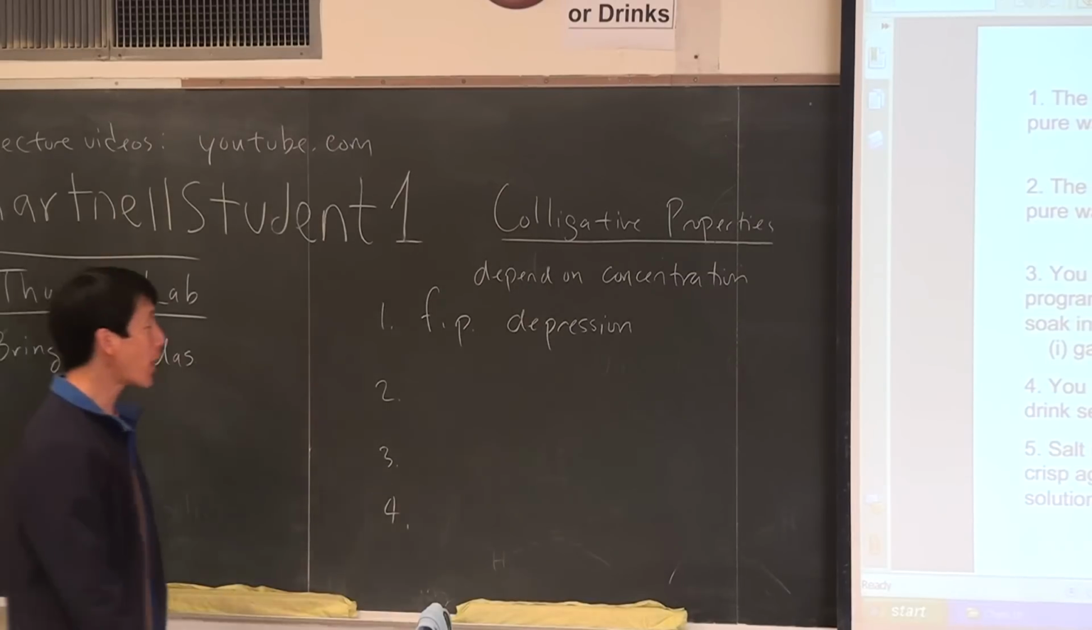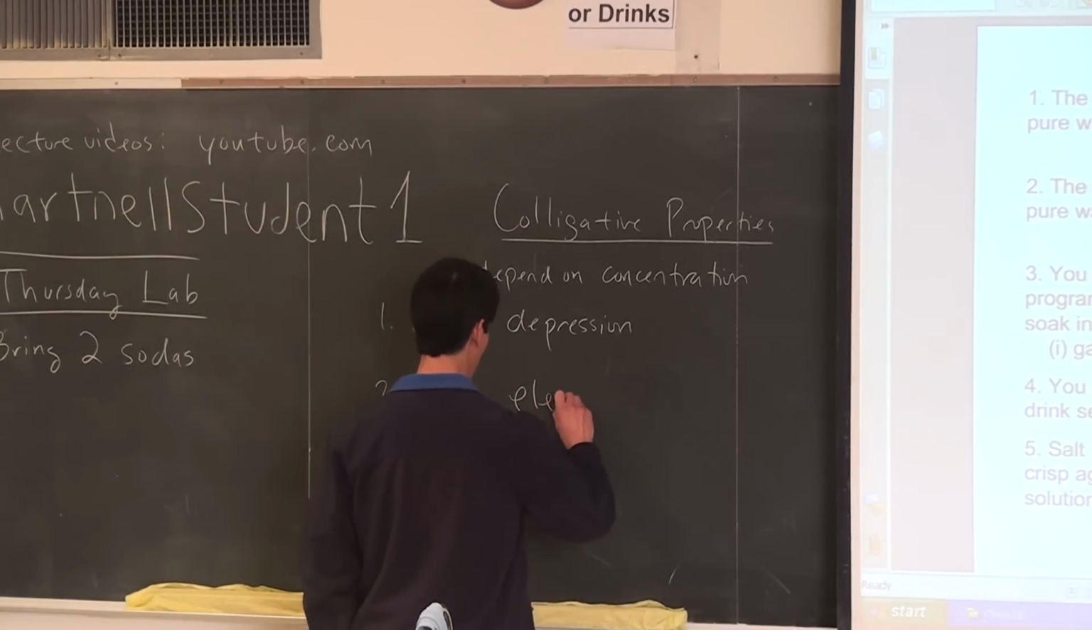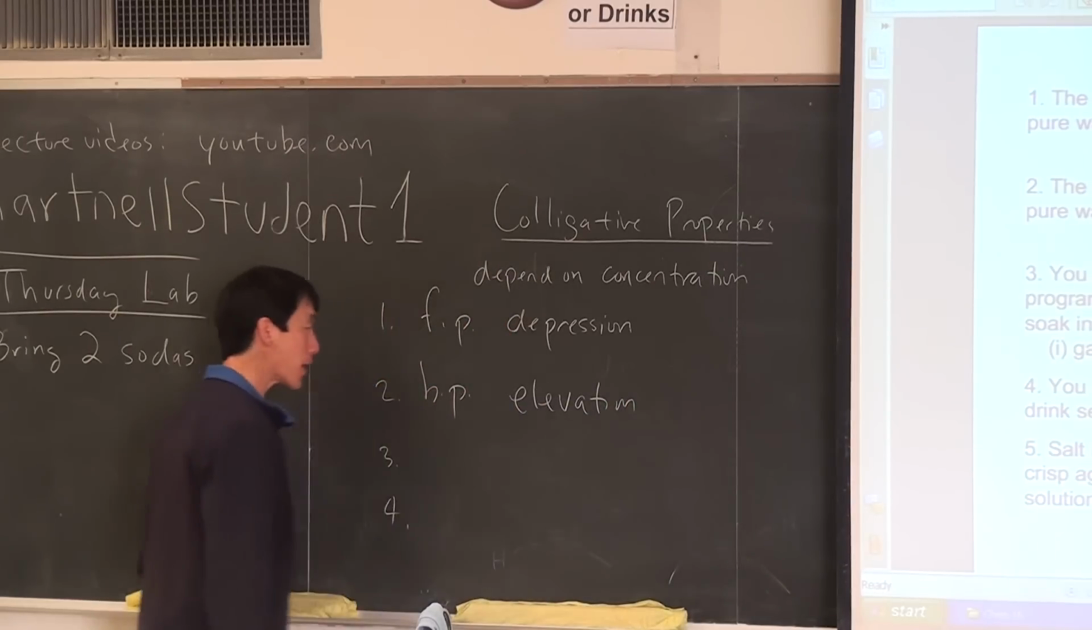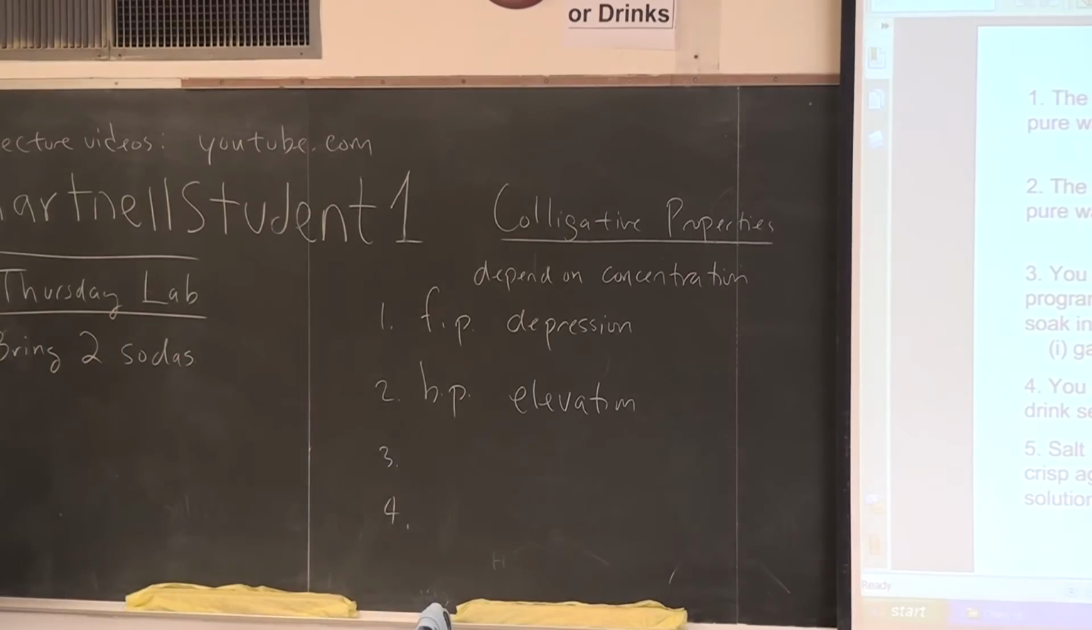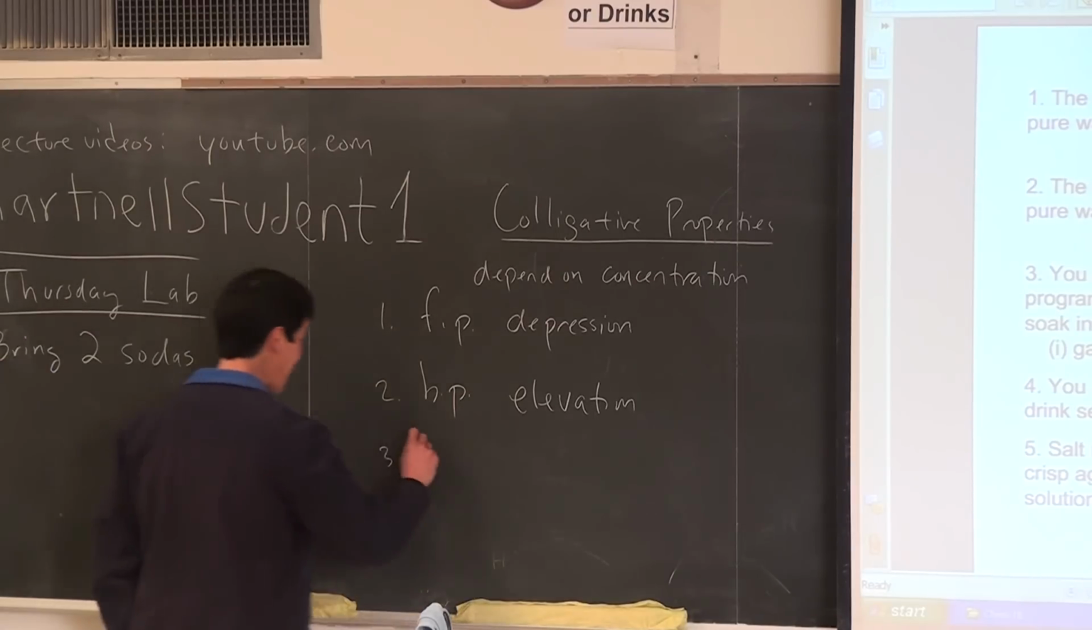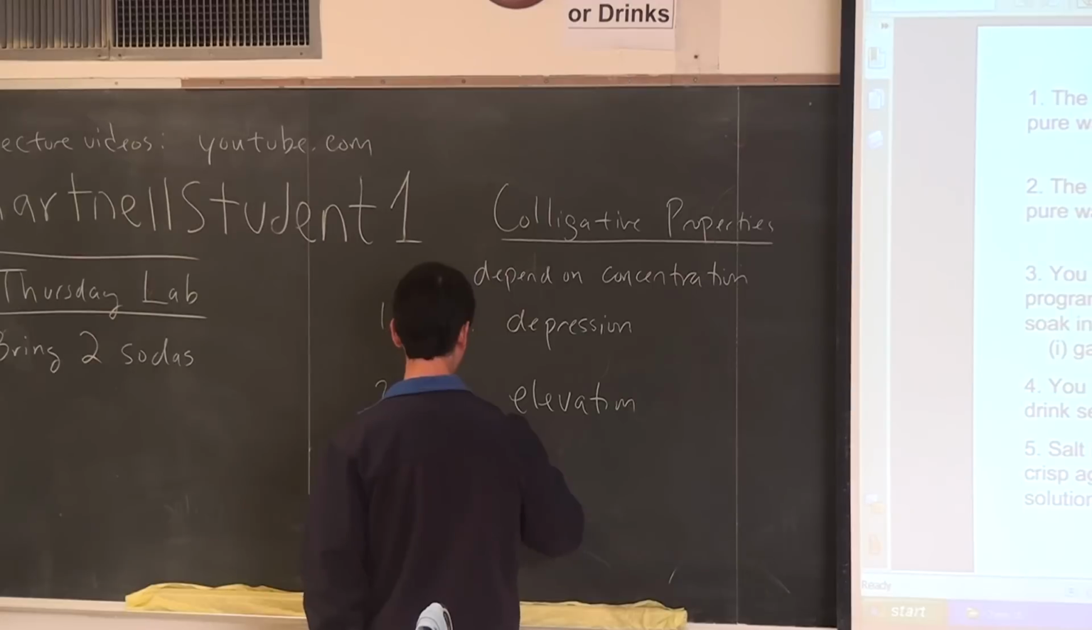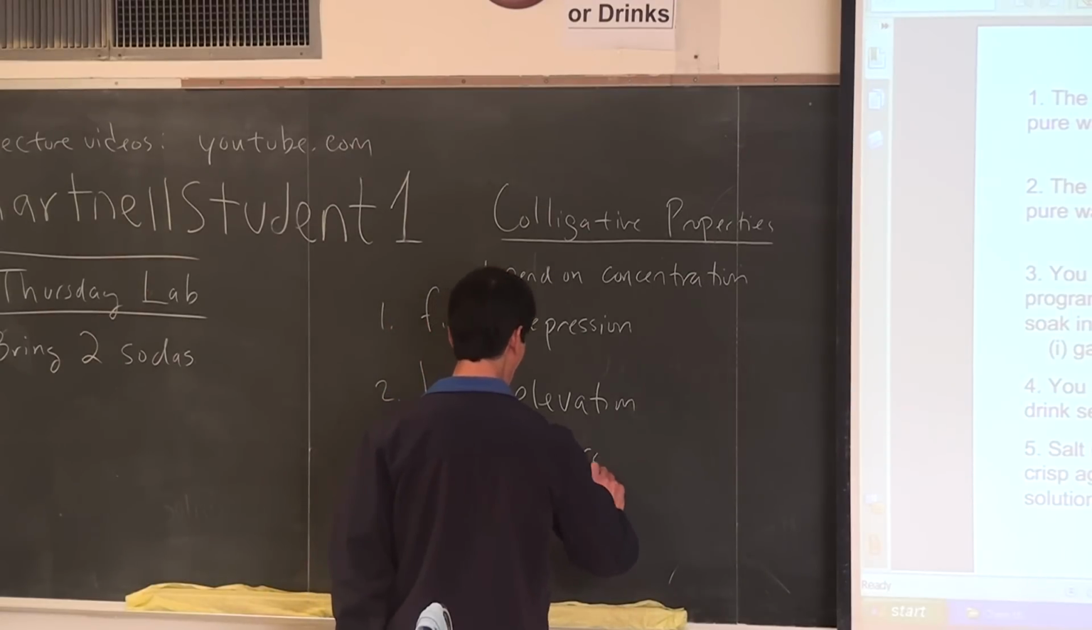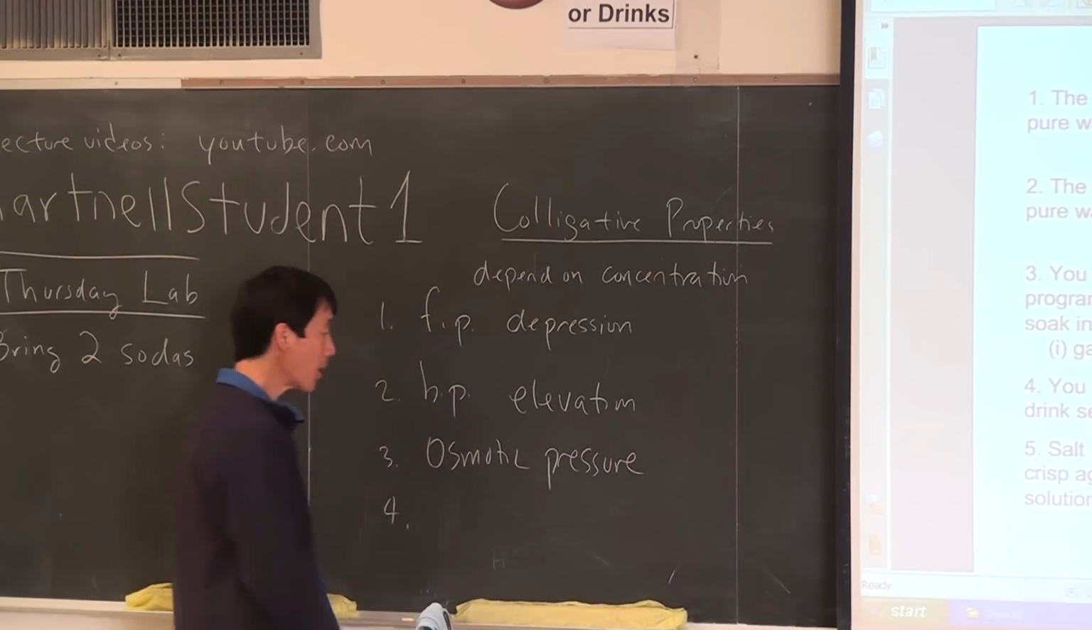And another one had to do with elevation. Yeah, so this is boiling point elevation. If you add a solute to a solvent, the boiling point of that solution is going to be higher than the boiling point of the pure solvent. And then there's 2 more. Melting point? No, that's actually the freezing point. What kind of pressure? Okay, yeah, so osmotic pressure is another colligative property. So with the